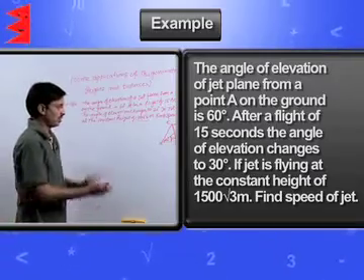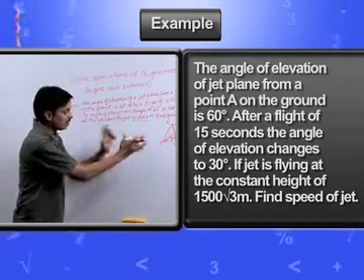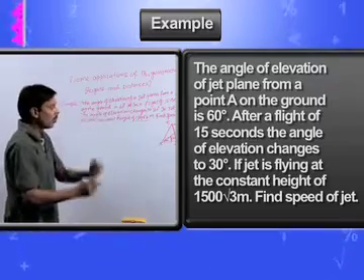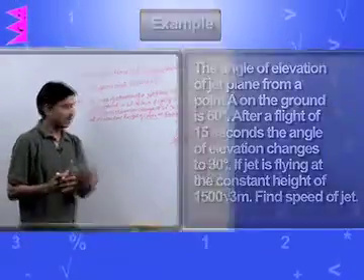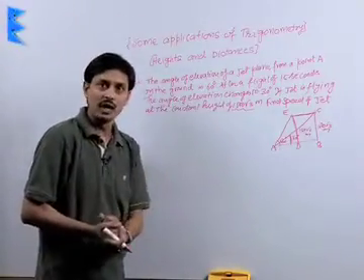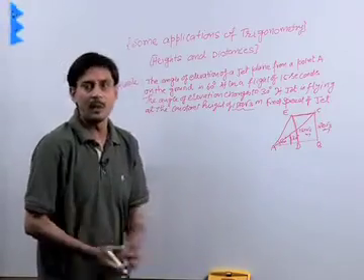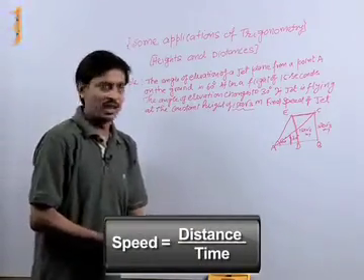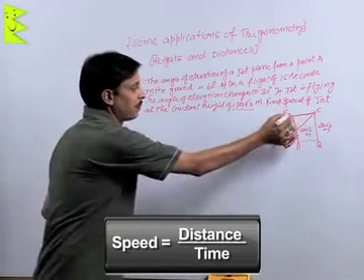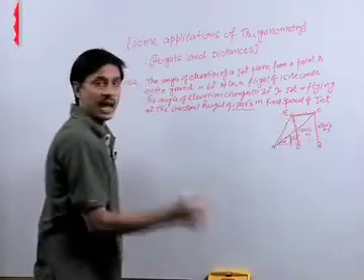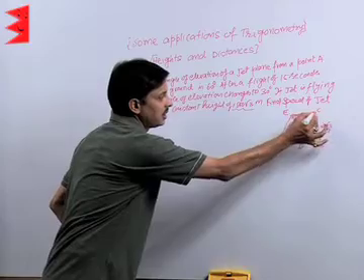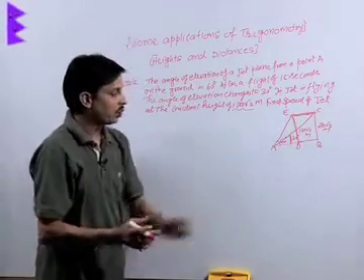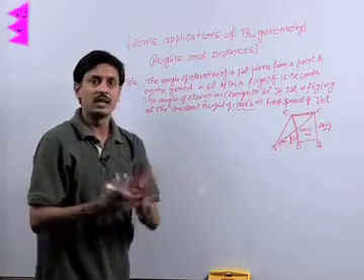There are two situations. This is the figure expression of the problem. Now they want to know what is the speed of the plane. If you want to answer what is the speed of the plane, the formula for finding the speed everybody knows. The speed is equal to distance upon time. Time is given, 15 seconds, and distance covered by the plane is EC. And we know distance EC is same as distance BD. So ultimately we would like to calculate distance BD.